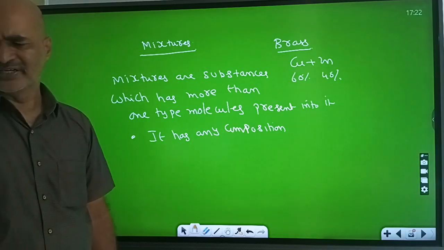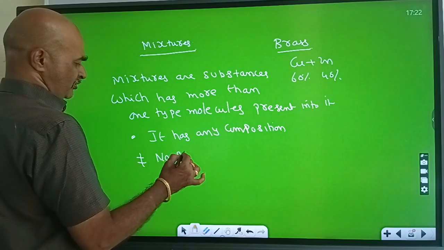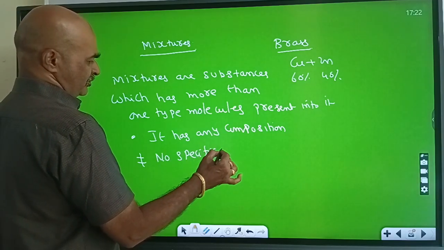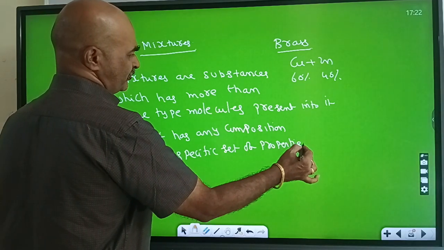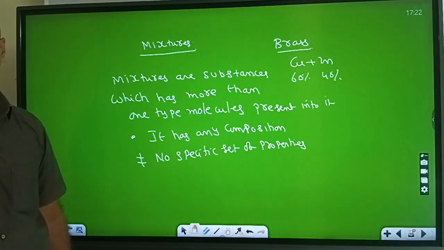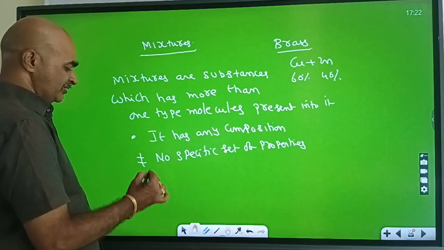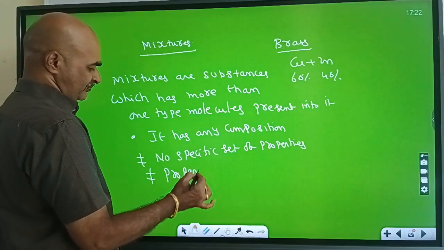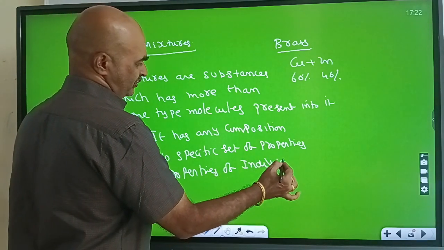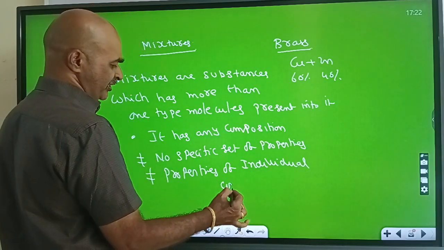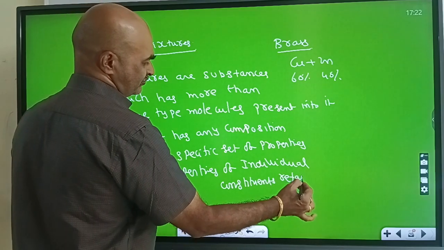Next, the second property: no specific set of properties. And the third one is that the properties of individual constituents are retained. For example,